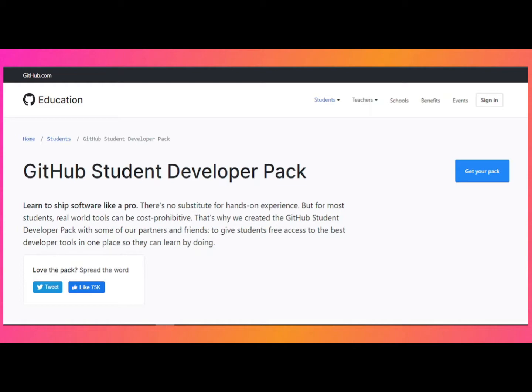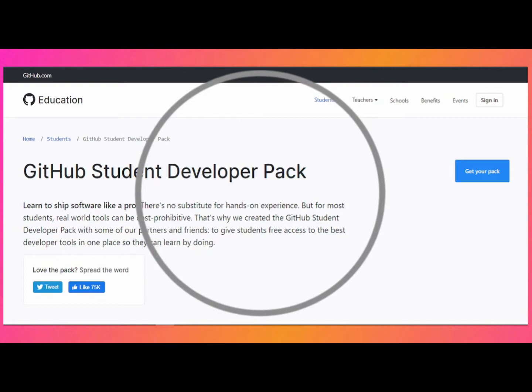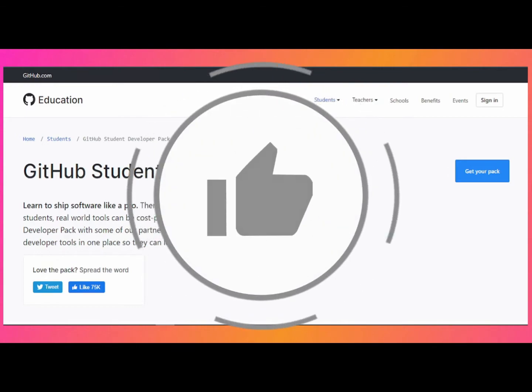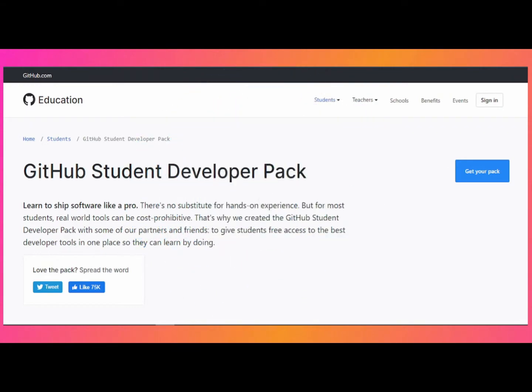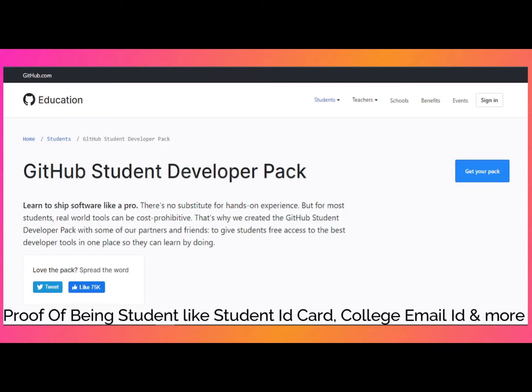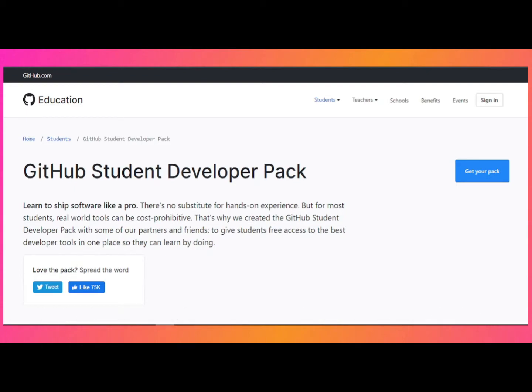Basically this pack is available for every student studying in college or school. So for now, let's talk about how to apply. You can apply for this pack only when you are a student. You need proof of your student ID or proof of your college enrollment, or a college email ID, but the college email ID is not mandatory.